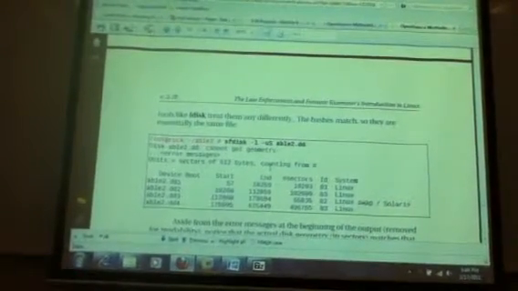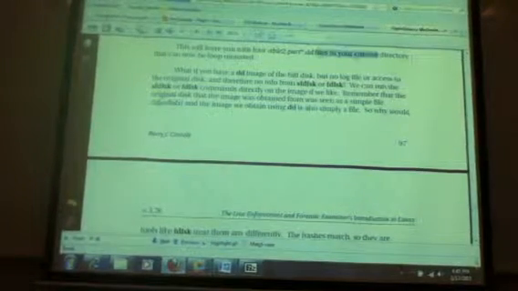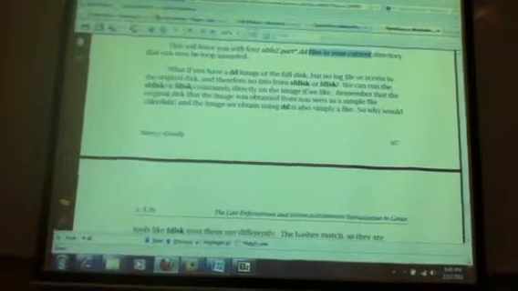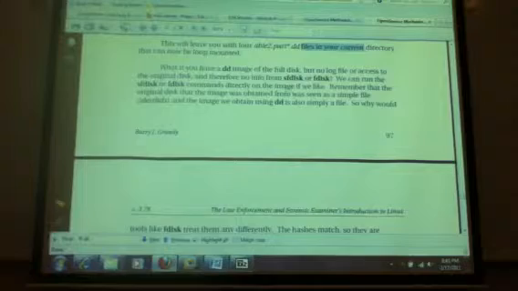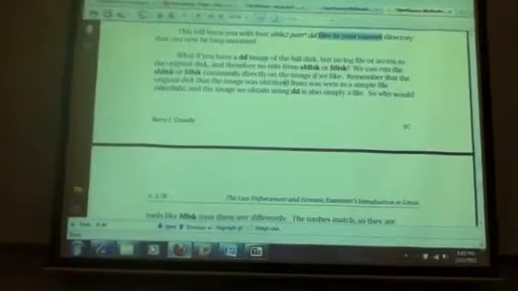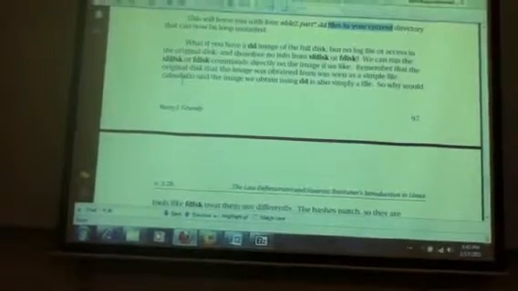but you can run it. As you can see over here, they explain it, and I like the explanation. You have this image. What if you have a dd image of the full disk, but no log file or access to the original disk, and therefore no input from sfdisk or fdisk? We can run the sfdisk or fdisk command directly on the image, which is what we are going to do, because that gives you a little bit more information, and as a matter of fact, MMLS will probably give you even more information, because you can examine all the partitions and all the other stuff.